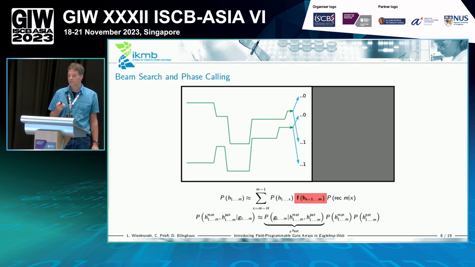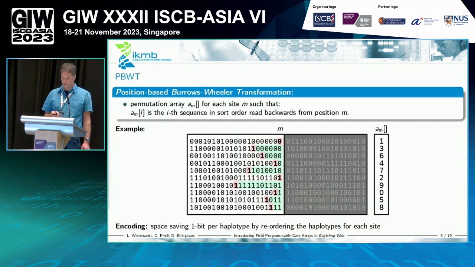And for this, we need, as I already mentioned, the PBWT data structure, which is the positional Burrows-Wheeler transform, introduced in 2014 by Richard Durbin. This is quite a clever data structure, and to explain every detail of it, I think I need another lesson. But just quickly, the plain definition is that if I have